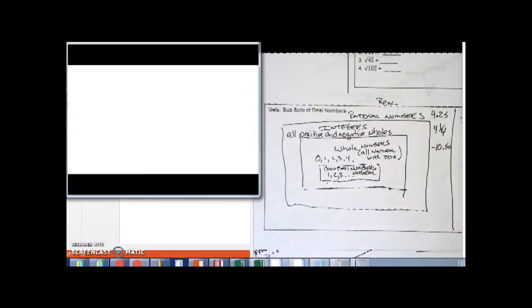Okay. So any questions about organizing this Venn diagram or using the Venn diagram way? Okay. All right. Well, that's it on the Venn